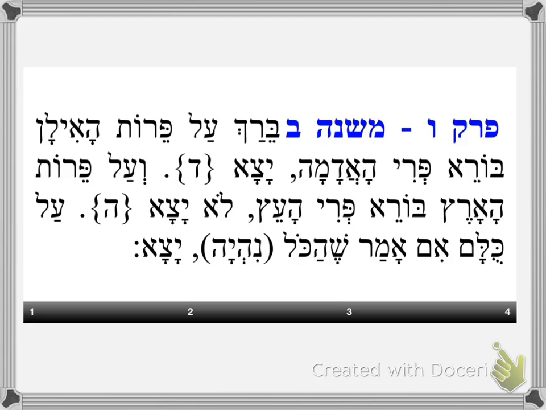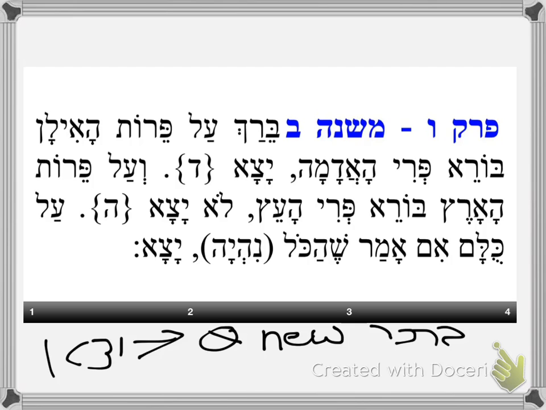Okay, the next Mishnah, Mishnah Beis, is going to discuss a scenario of, let's say you made the wrong bracha. Does it still count? Now, for this Mishnah, when it says yatsa, that means the bracha counted and you don't need to make a new bracha.